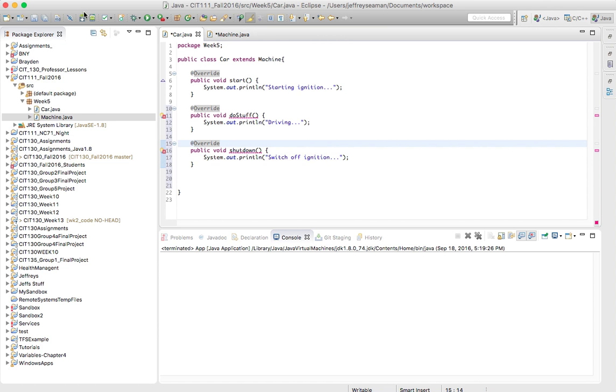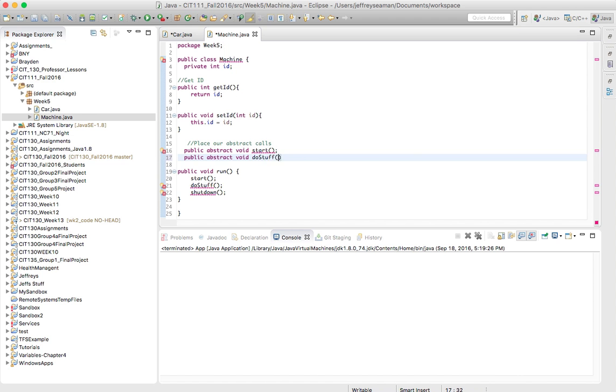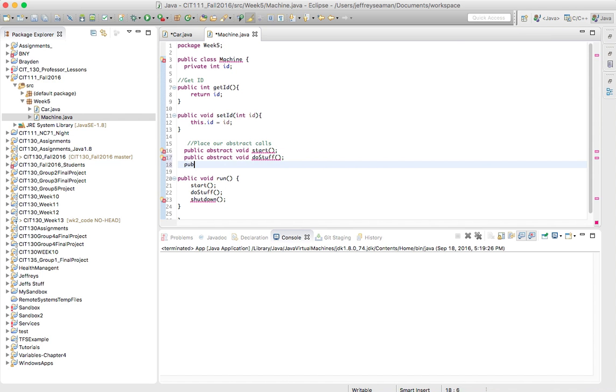All right, let's see what we're missing here. All right, so we did do, public abstract void do stuff. We call that. I apologize. It's been a while since I wrote this, so bear with me. I'm just trying to come up with something off the top of my head. Shut down. All right, so